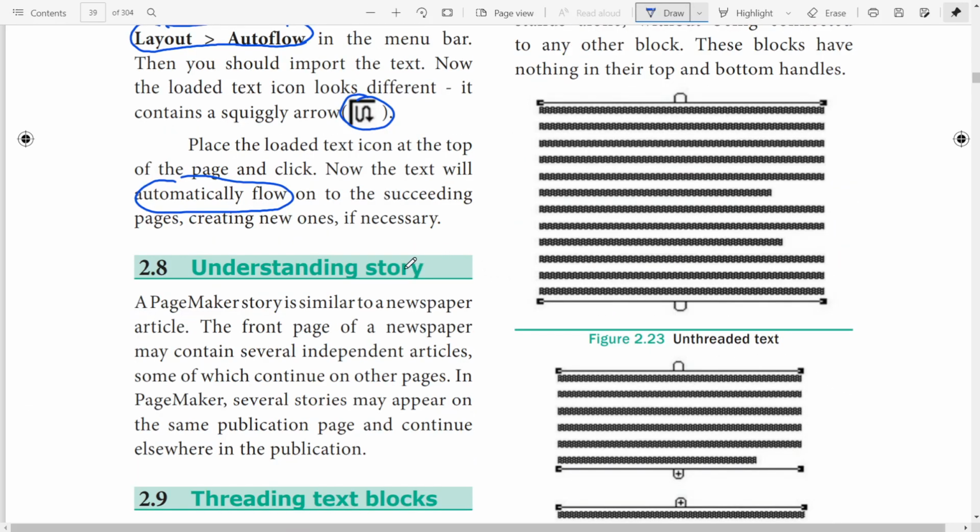Understanding story. A PageMaker story is similar to a newspaper article. The front page of the newspaper may contain several independent articles, some of which continue on other pages. In PageMaker, several stories may appear on the same publication page and continue elsewhere in the publication. It is similar to the